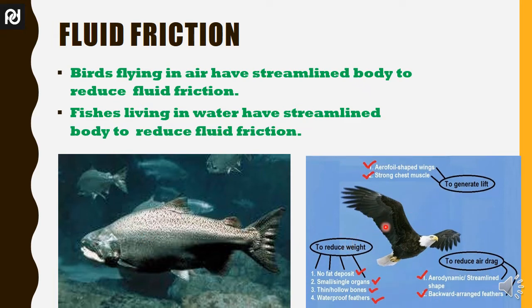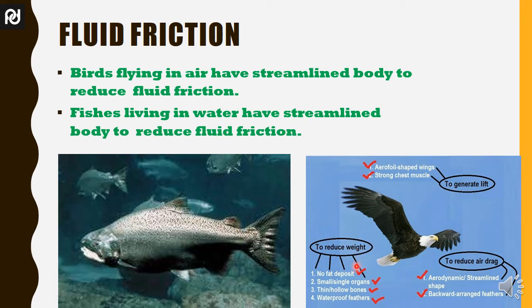Now there are certain interesting facts about how a bird flies. The very first thing, to generate a lift force, is the aerofoil shape of the wings. This is the aerofoil shape, and we have got our aeroplane shape from the birds that we are having around us. And the next thing is strong chest muscles. The muscles of the chest portion will be stronger, and so they can create a lift force.